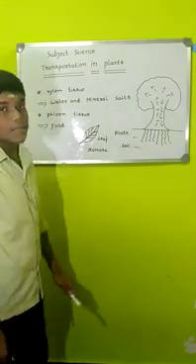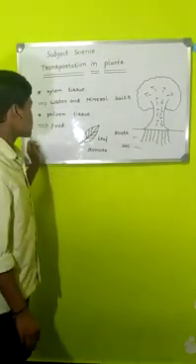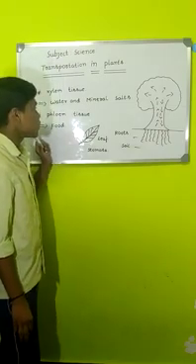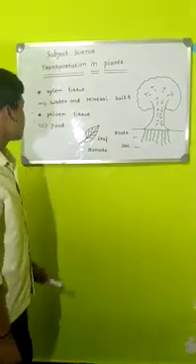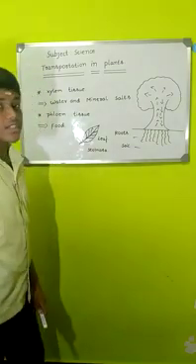This increases the osmotic pressure to the water conducting tissue to move into it. The movement of food from the phloem tissue is both upwards and downwards depending on the needs of the parts of the plant. This is all about the transportation in plants.